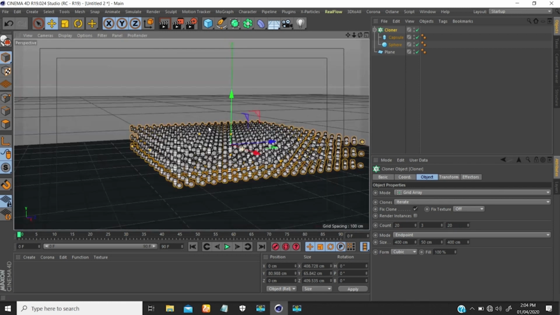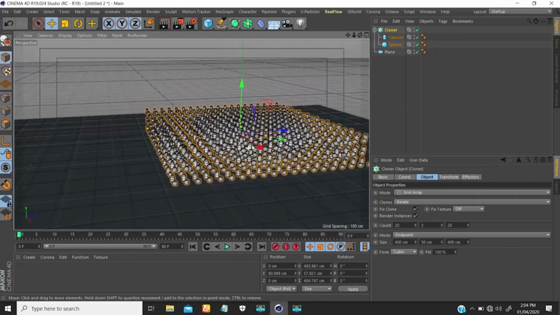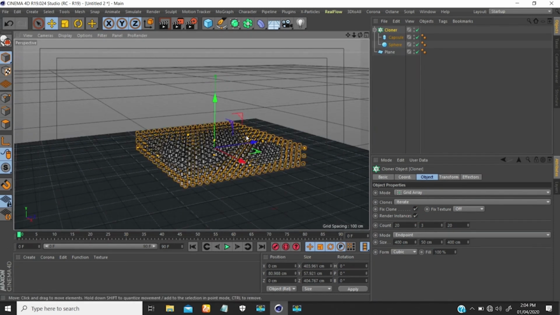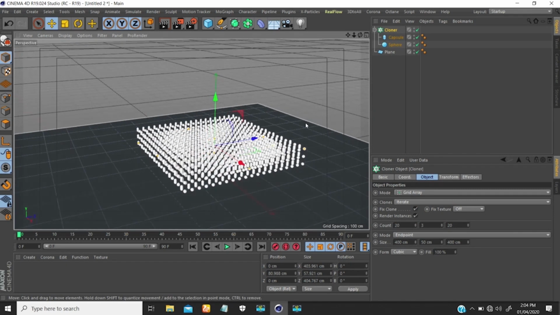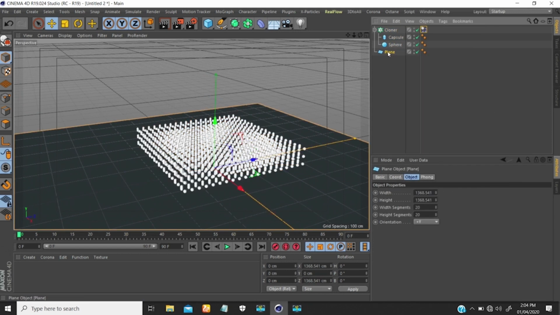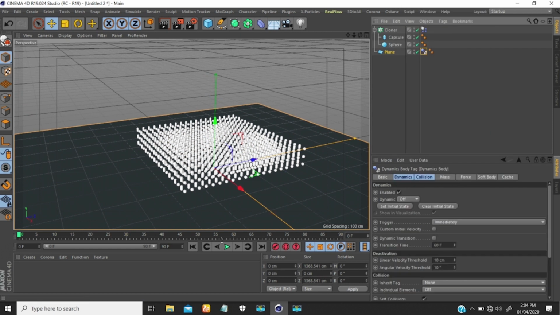Okay, so if you still feel that your scene is slow, you could just click on this render instance and everything should be responsive. Alright, so N A to go back to shaded mode. So once you're done with this, I'm going to right click on this, go to simulation tags and add a rigid body. For the plane, I'll right click, go to simulation tags, add a collider body. So if I play now,